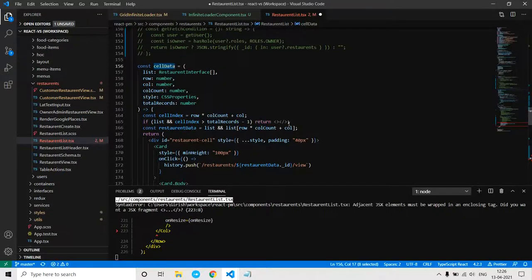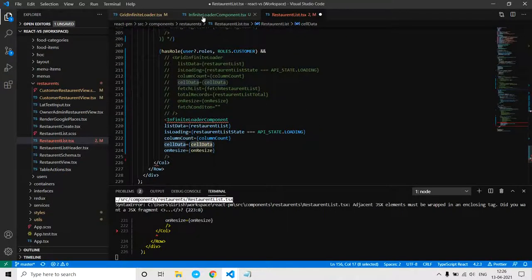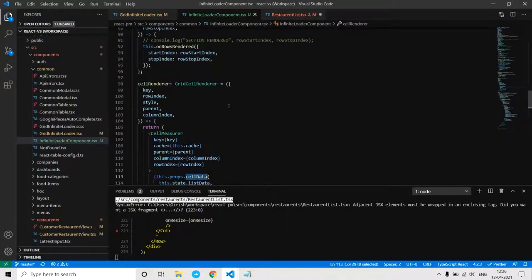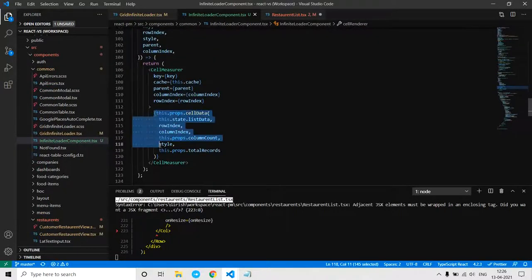If you see this cell data which we are passing here, it is used by our cell renderer, which internally renders our function. Here we have access to all these parameters: we are passing the list data, row index, column index, number of columns, the style, total records, and so on. We have list data, and we know the row index and column index, so that we can easily render that particular cell.